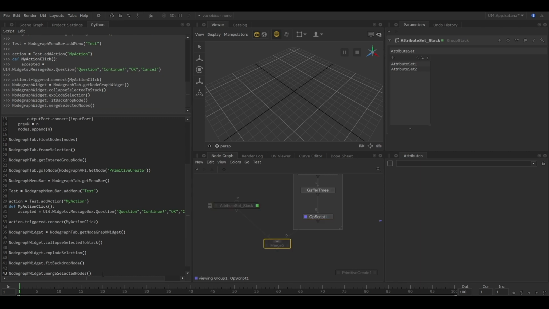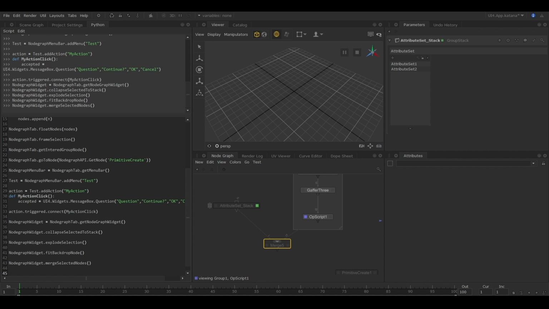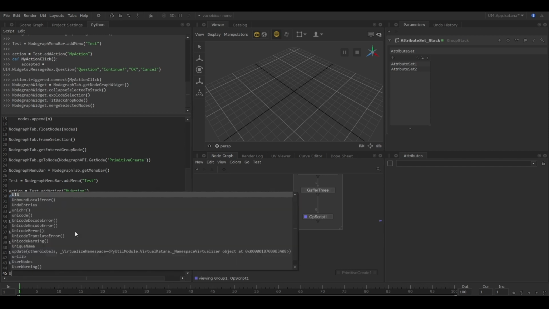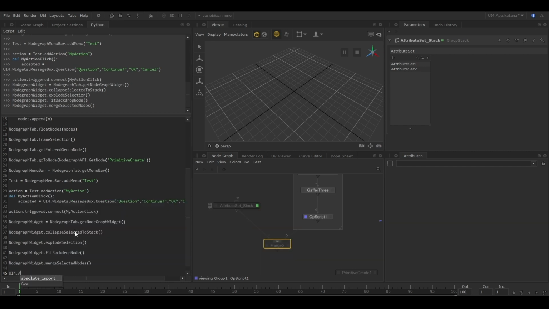Okay, we've merged them together. Now, as well as the UI app allowing us to play around with the tabs as they are, we can play around with the layout as well. So we can do UI for .app